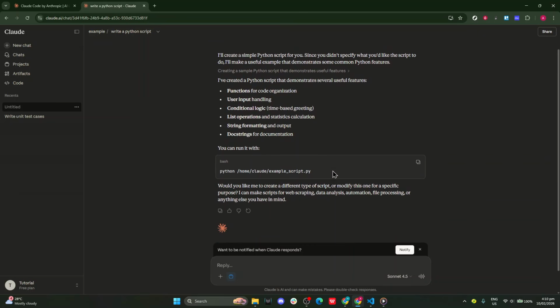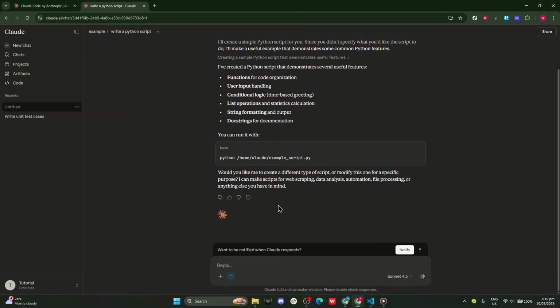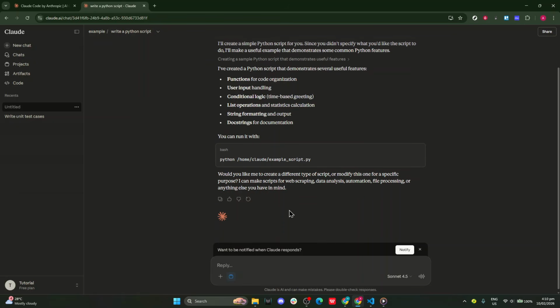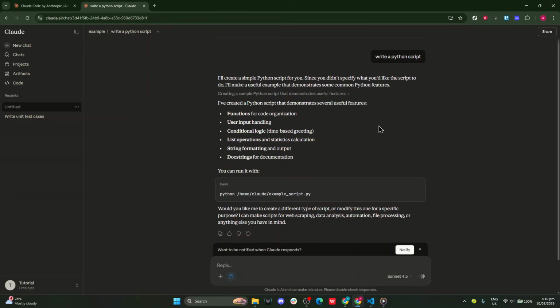Start a Claude session by typing claude. From here, you can ask Claude Code to generate, edit, or review code directly in your project. Try a feature prompt like